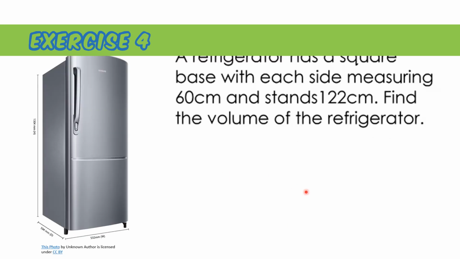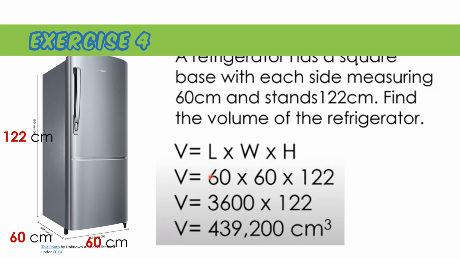Exercise number 4, we have a refrigerator that has a square base with each side measuring 60 centimeters. So yung kanyang base, yung kanyang width, at saka yung kanyang length ay 60 centimeters. And stands, so yung kanyang taas ay 122 centimeters. Find the volume of the refrigerator. Okay, so we use the formula volume equals length times width times height. Volume is equal to, so let us substitute the number of length. The length is 60, the width is 60, the height is 122. So the volume is,